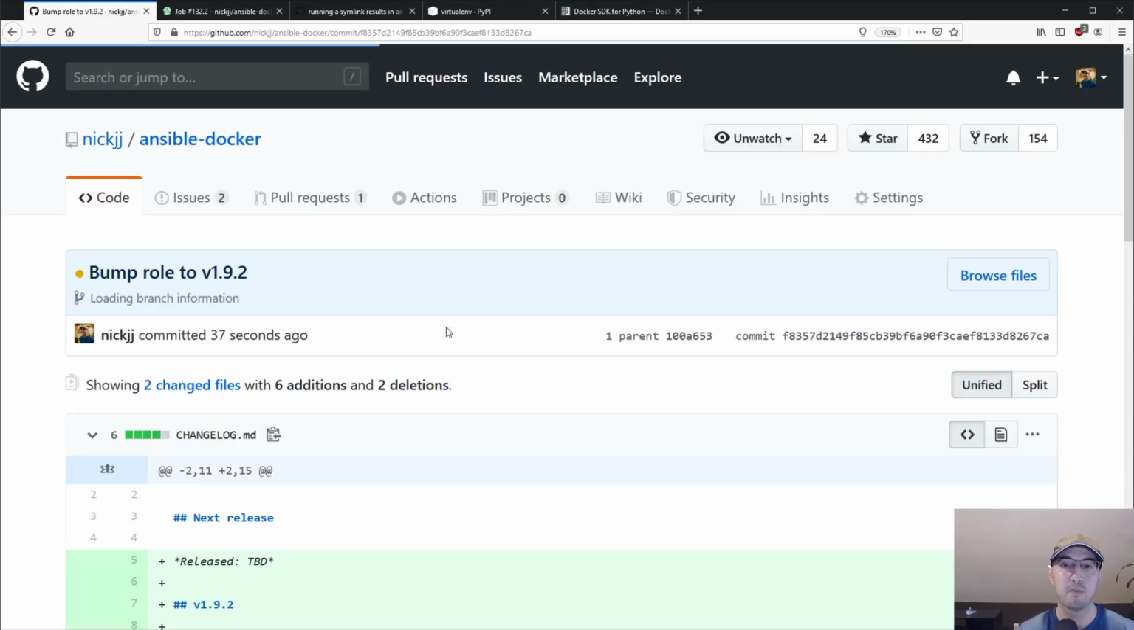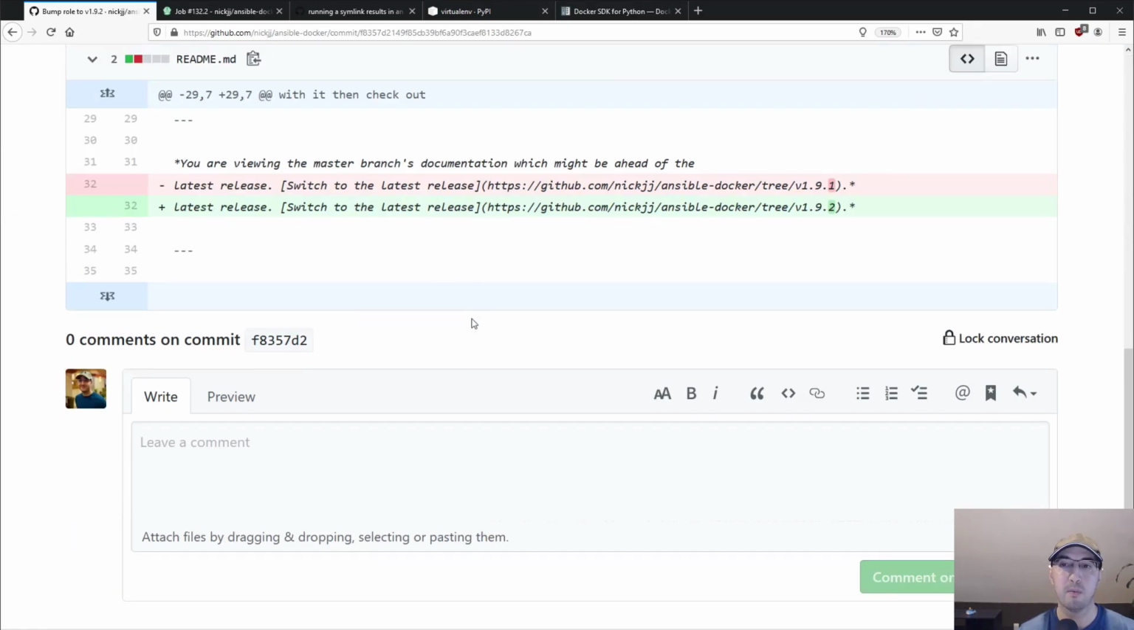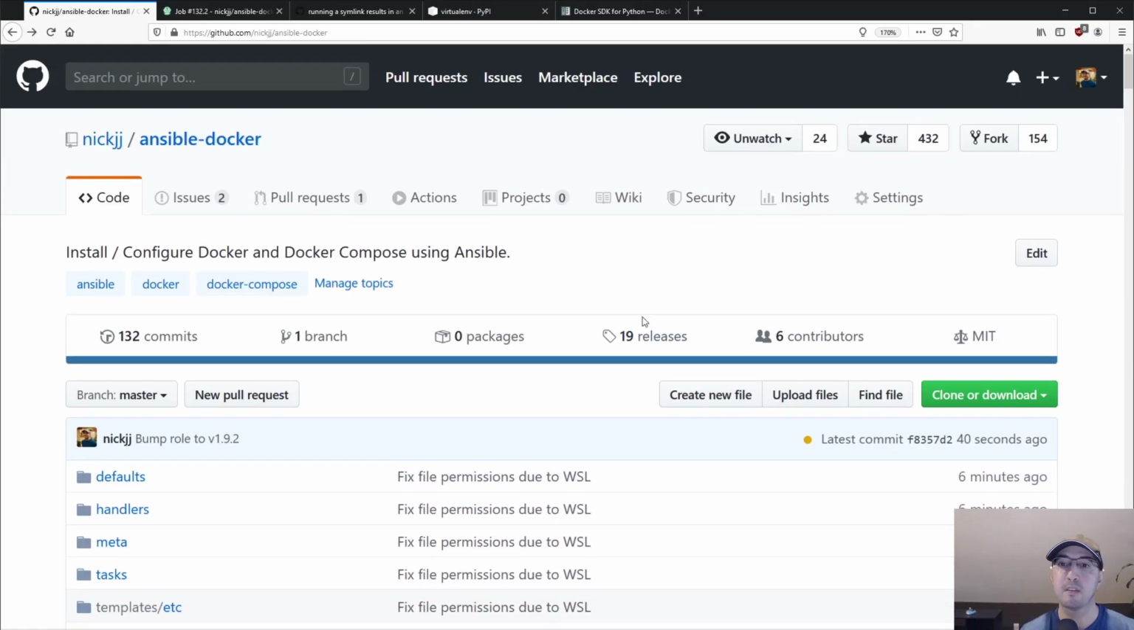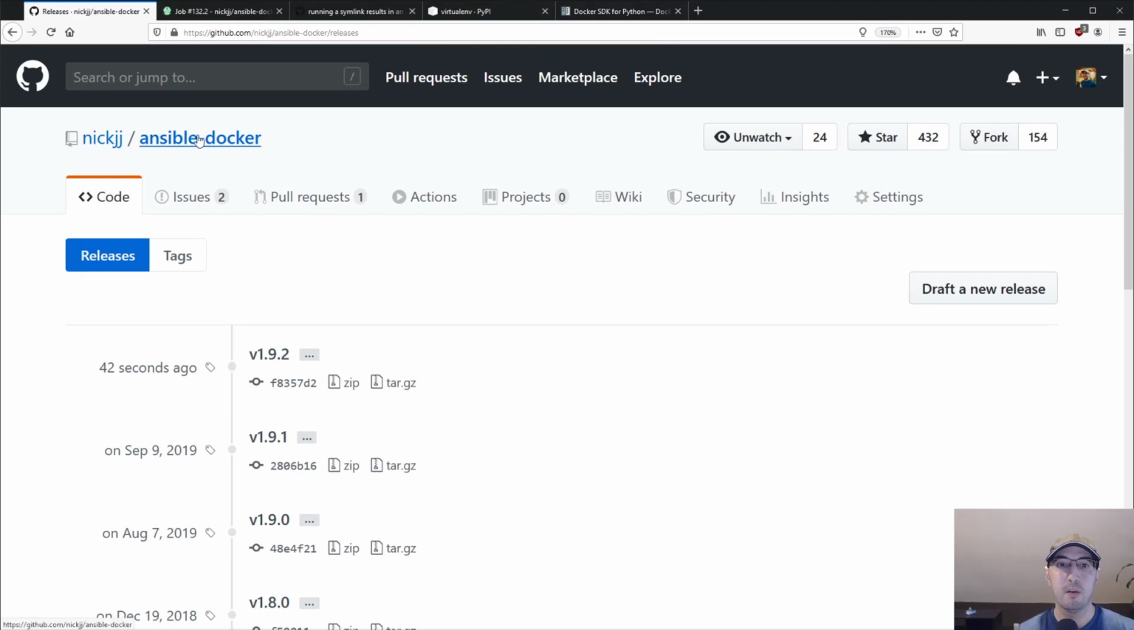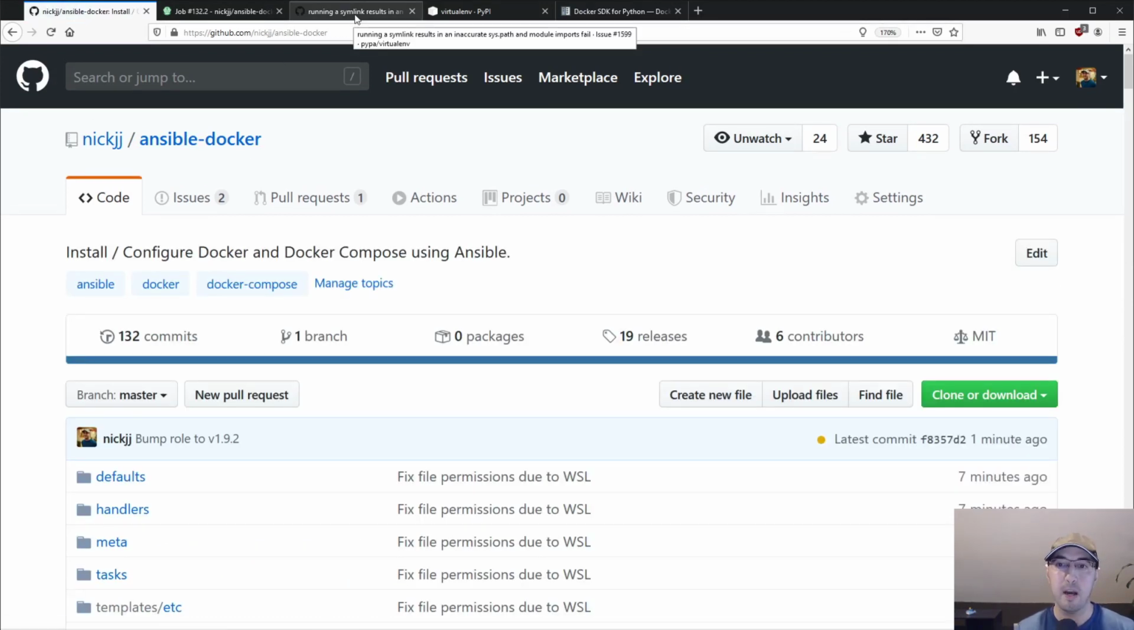And this commit to bump the role to 1.92 was what we just saw. But if I go back to releases here, we can see that 42 seconds ago, it assigned the new release, v1.92. But now there is one last thing that I need to do here, which would be updating this on the